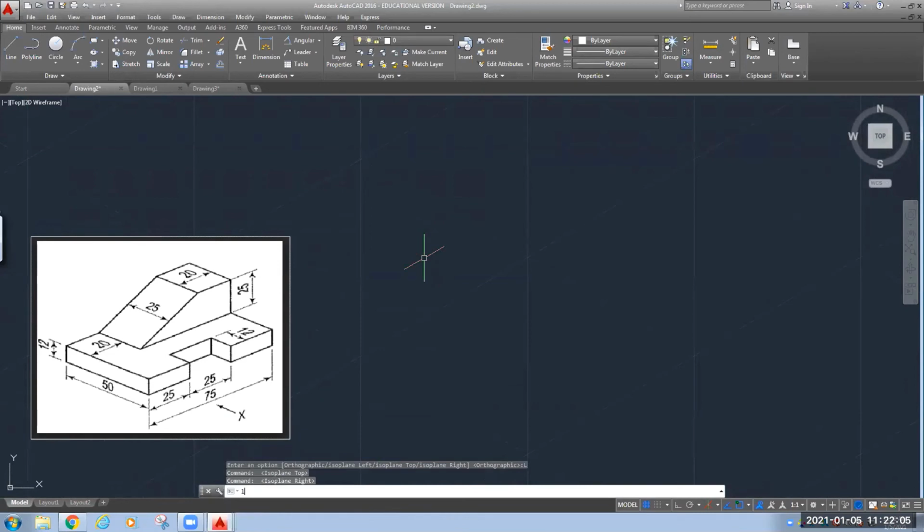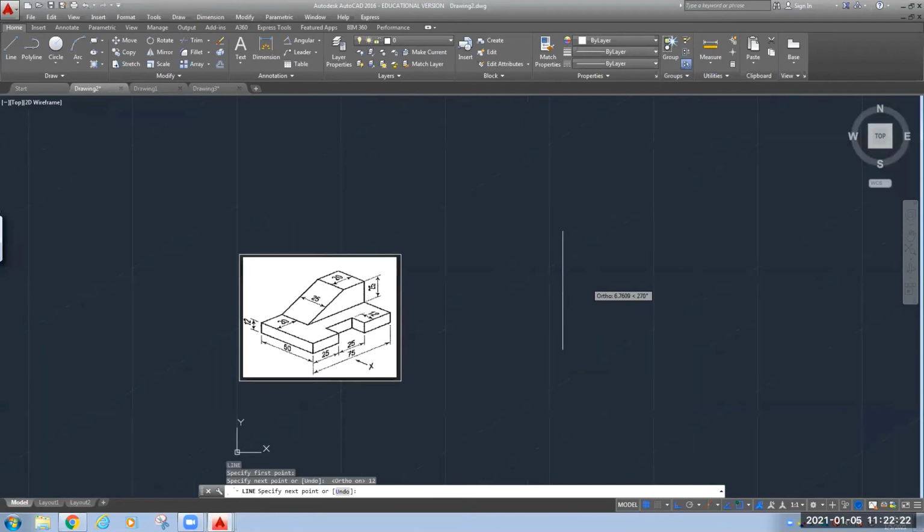Then start with one of the corners. I will start with this corner. Switch on the ortho. The height is 12. Then again you need to press F5. In this direction you have to move 50.